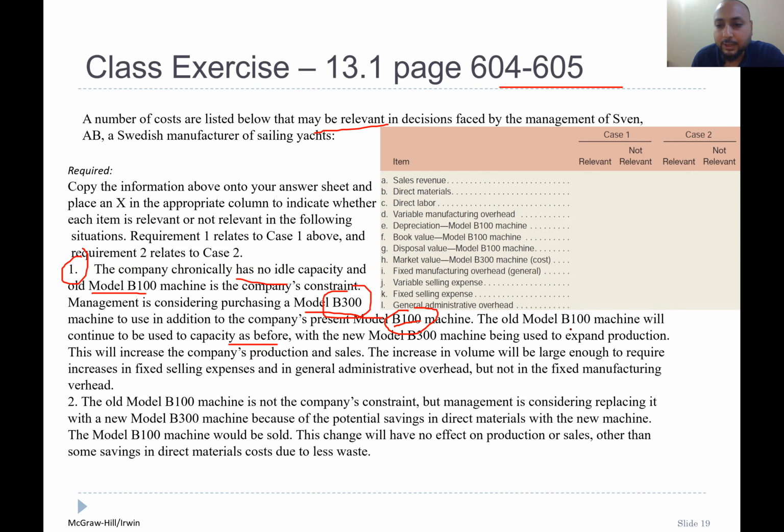But the new machine is used to expand production, so this will increase the company's production and sales. The increased volume will be large enough to require increases in fixed selling expenses and in general and administrative expenses, but not the fixed manufacturing overhead. Number 2, case 2 is that the old B